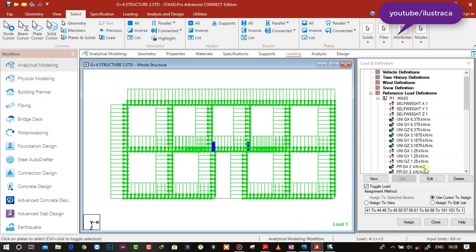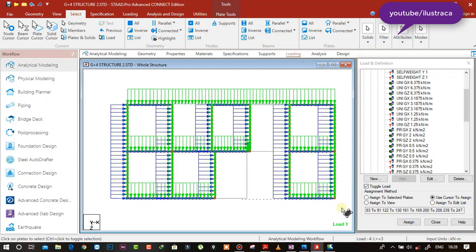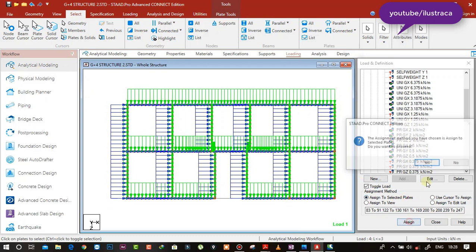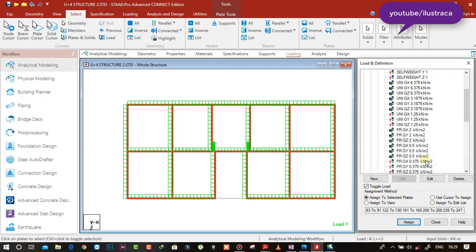Okay. Now the plate loads. So go to select and plate cursor, just select all the plates here. So these loads, you can see we are removing all these loads.